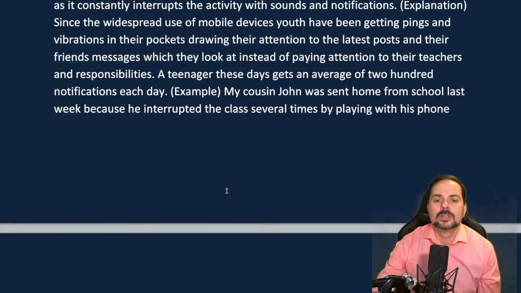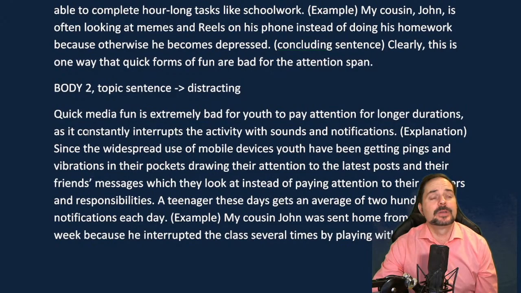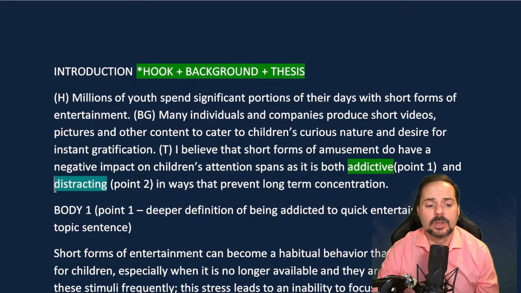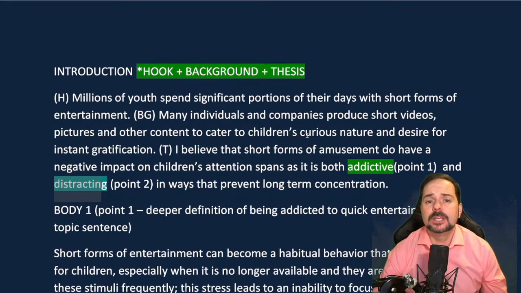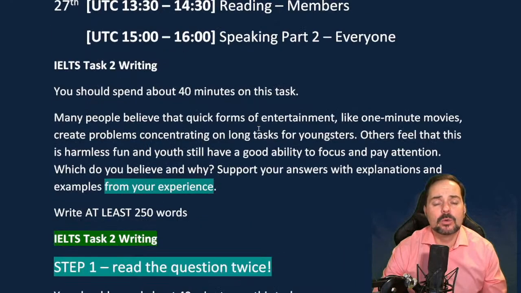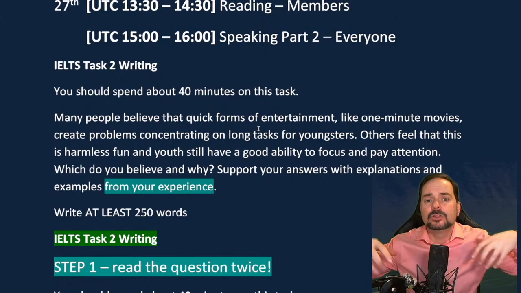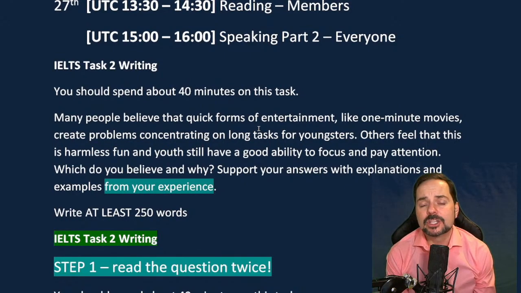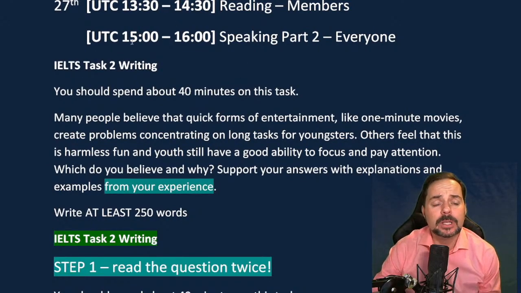All right. So there is my second body paragraph, okay? Focusing on the concept of distracting. Now again, when you're at home, students, and you're practicing for task 2, what I recommend doing is continuously rereading the question, rereading your paragraphs, okay? So at this point, I would probably go back, reread my question, and this is for practice. This is to really just train your brain, train your mind to think correctly about the question and do the best possible or write the best possible. So I would reread the question here.